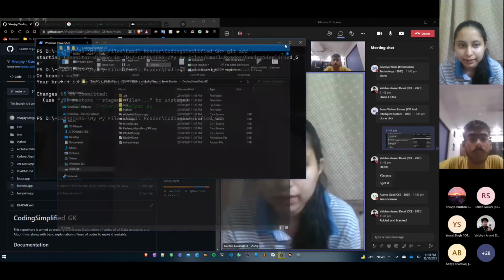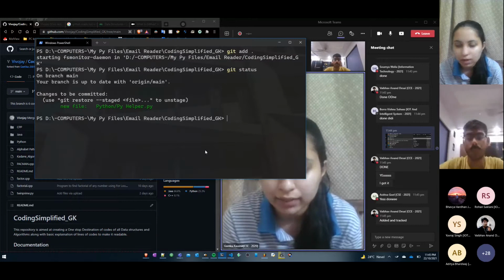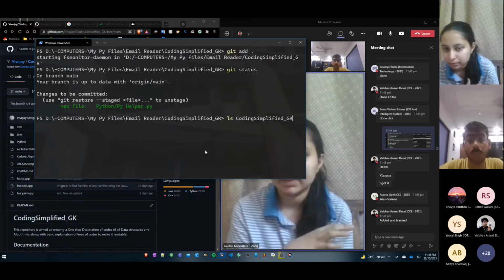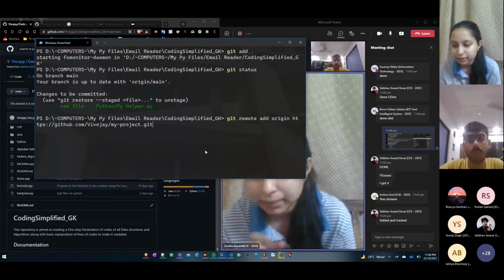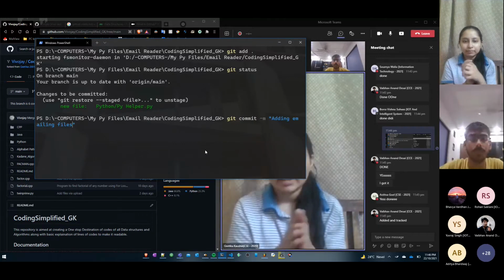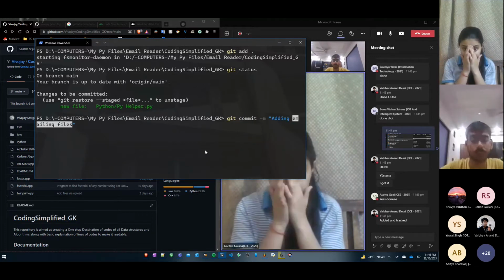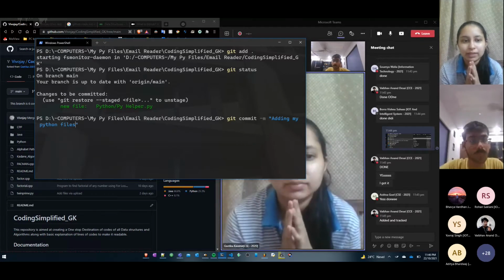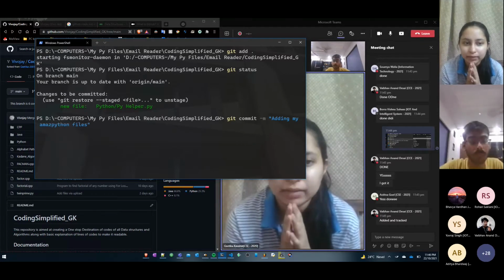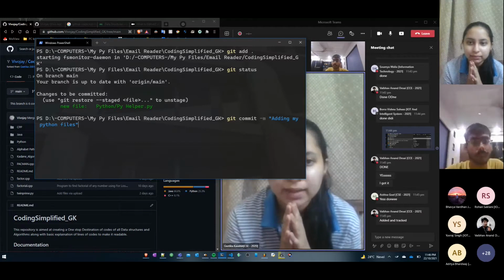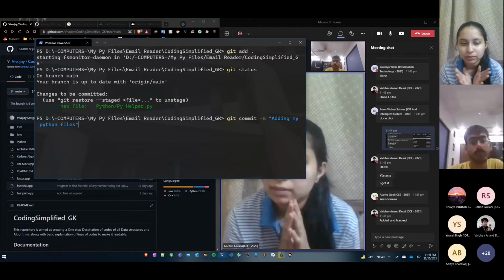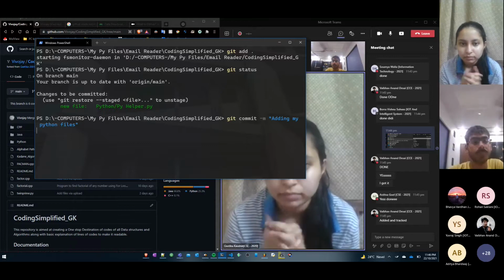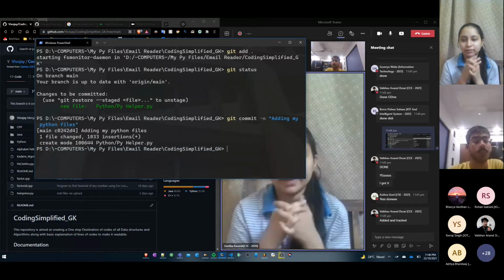After you have done this, git add, you have added the files. Now the same command we did in the existing repository, we are repeating now. We will now be committing the changes. Git commit minus m and the message you wish to write with it. For example, adding Python file, whatever the name of the file is, whatever message you wish to add, you can add it. Git commit minus m and the name of the file.